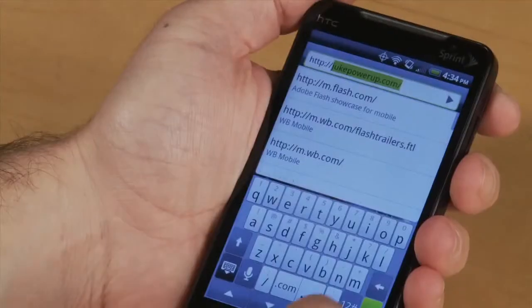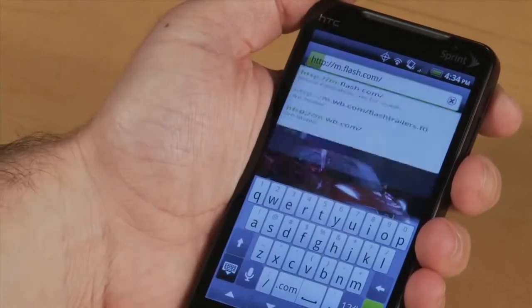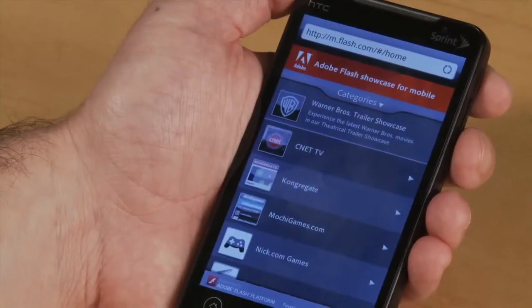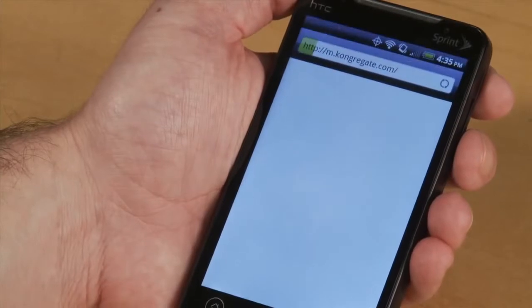on this device. But we've also created a showcase site at m.flash.com that has some links to applications that have been optimized for mobile devices, as well as just content that works really well out of the box. And so you can see we've got a number of categories, and I can go ahead and do one of